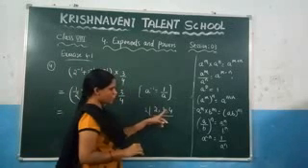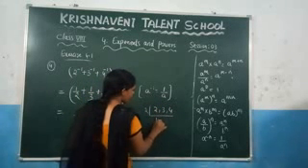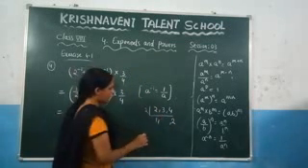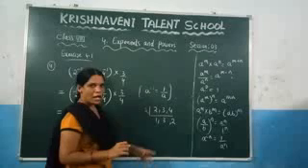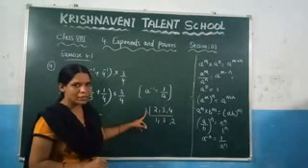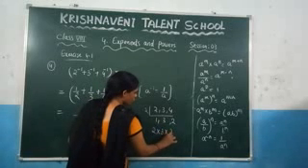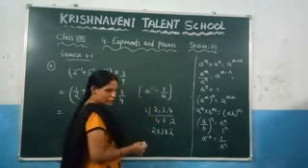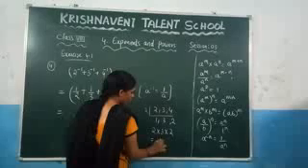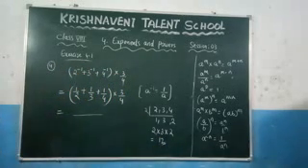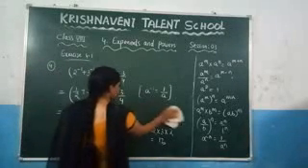In the 2 table you will get 2 and 4. So you can write it as 2 ones are 2 and 2 twos are 4. Since 3 will not come, just write 3 as it is. And after that, what will be the LCM here, which is nothing but 2 into 3 into 2. Just multiply these values. 2 twos are 4 and 4 threes are 12. So the LCM in this case is nothing but 12. So write 12 here.